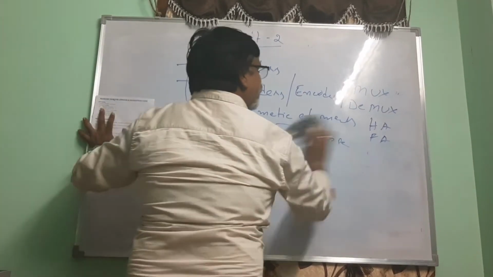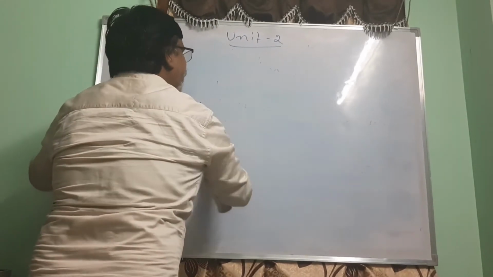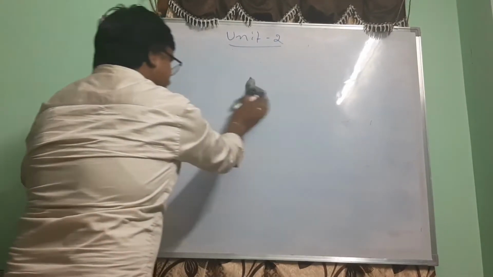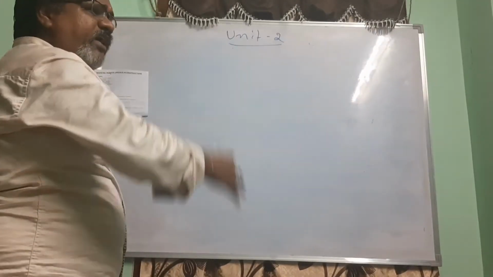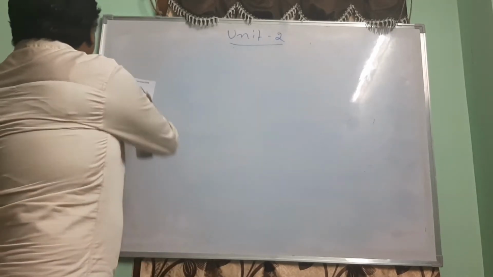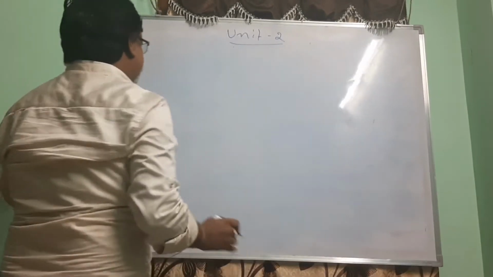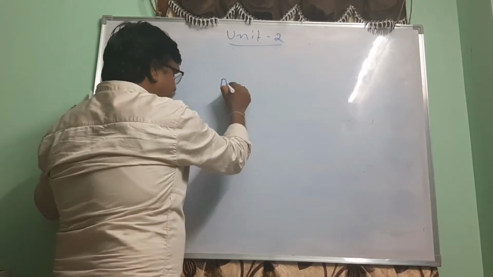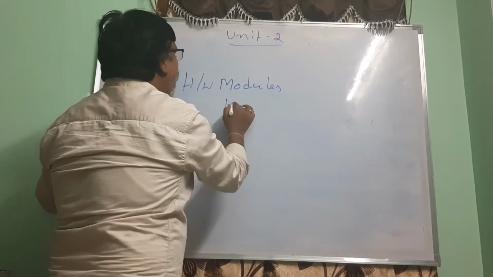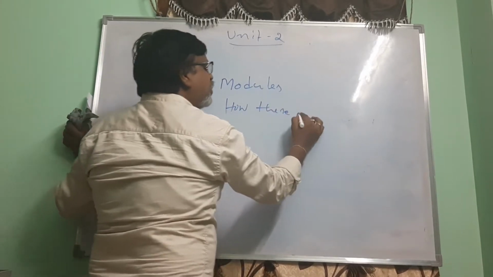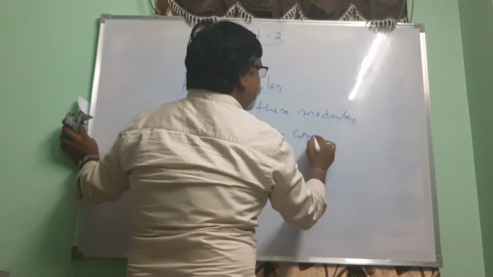Again I am repeating, the definition of a digital system is, it is an interconnection of hardware modules that accepts the data in the form of binary elements, zeros and ones. So various hardware modules we just listed out. First we will raise the definition. Now, various hardware modules, and how these modules are connected.